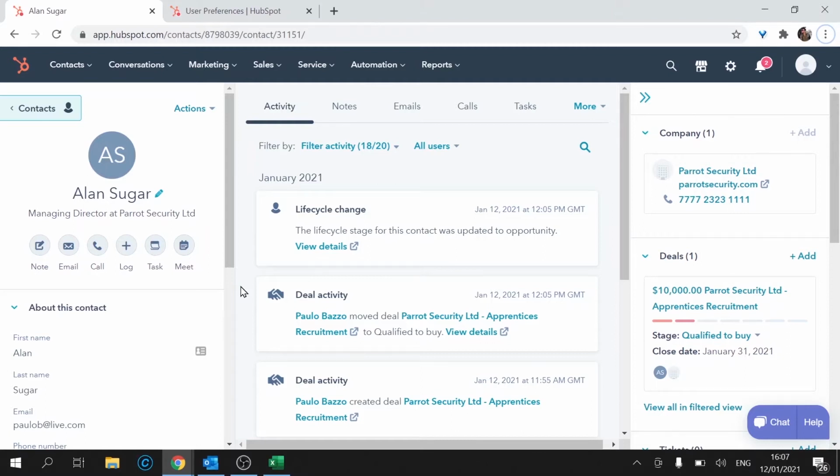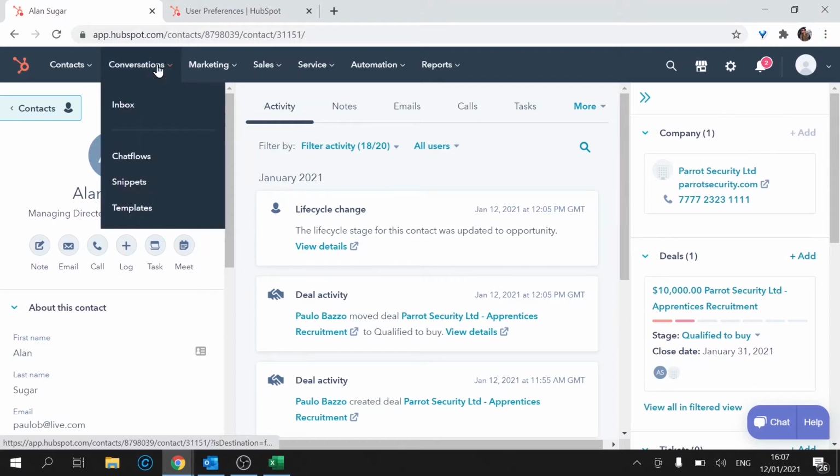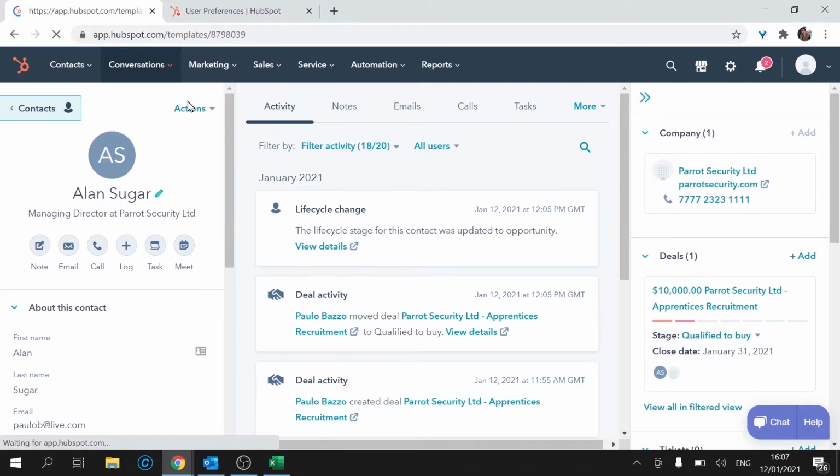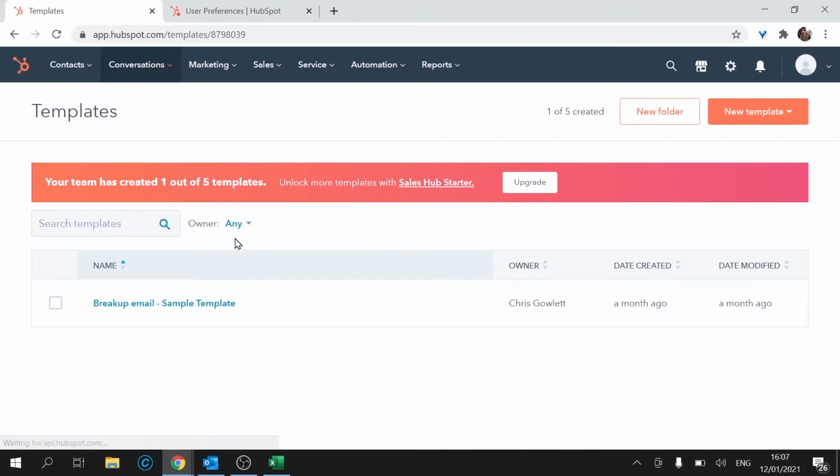In this chapter we're going to have a quick look at the templates we can use when we're sending emails. To create a template, you go to conversations, and underneath snippets you find templates. I'm going to click that, and as you can see I have one template I have created already,